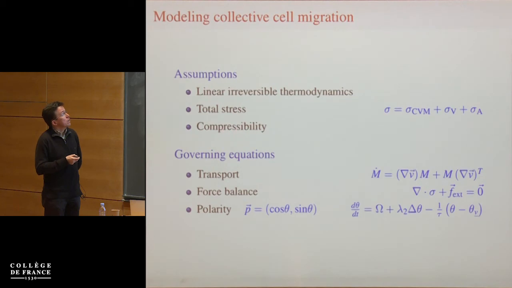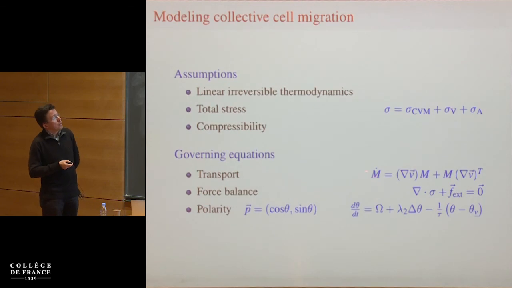And we consider a compressible tissue in 2D. The governing equation comes from transport, and here you will perhaps recognize the upper convective derivative that governs the transport of this tensor M. We use force balance, and next we need an evolution equation for polarity, and here I give what perhaps could be the simplest possible example,